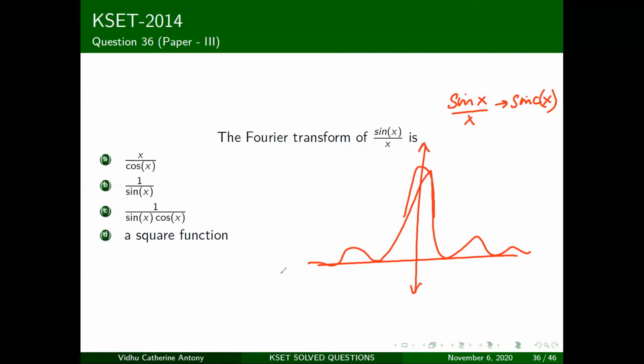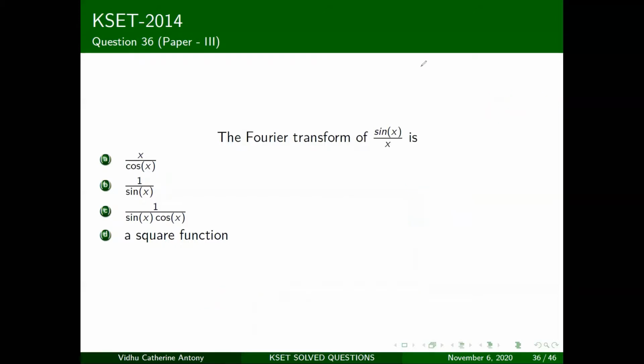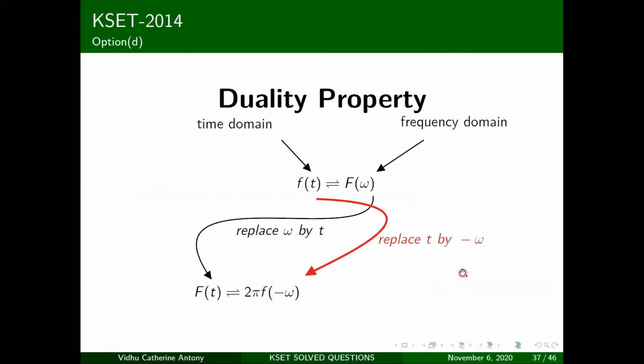This only happens when you have a symmetric square wave or a symmetric square pulse. It should be like this. So even the idea that it's just a square wave function is not very correct. The options themselves are kind of wrong. It should have been a symmetric square wave. Okay, so now let's look at this a little bit more carefully.